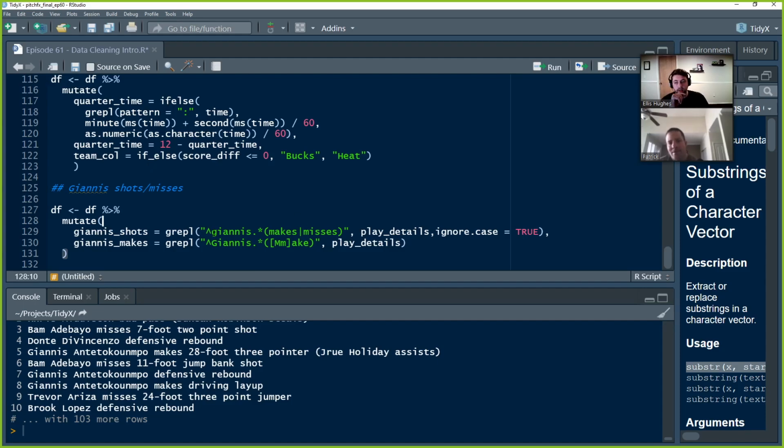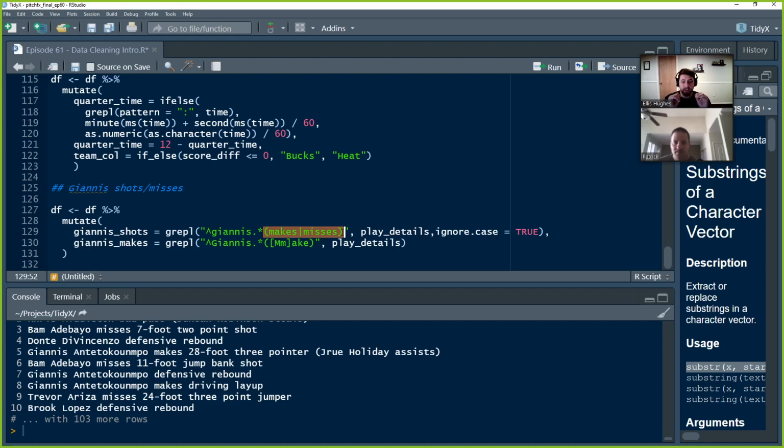And so what we'll do is we'll do caret for beginning of the string, find Giannis. So this is locking it in, going, okay, always look at the far left of the string, find Giannis. Then we have the dot star there, which means there could be some characters between there. We don't know exactly what. It doesn't matter. We don't care. Yep. And then it's find this